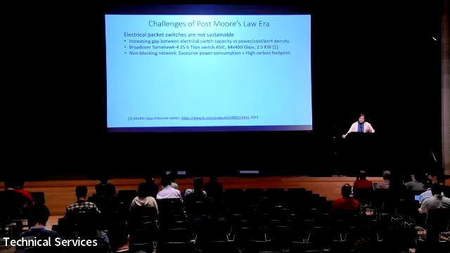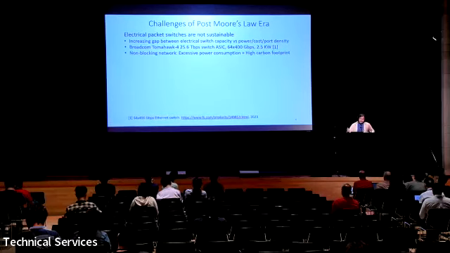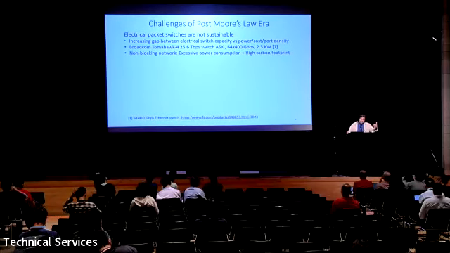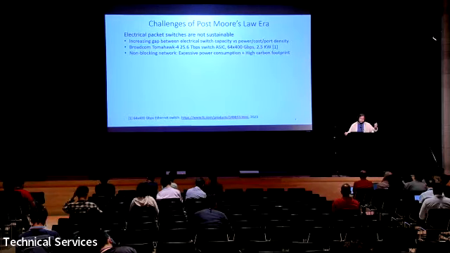So you can think that if you need to make a non-blocking network at big scale with such switches, the power consumption of the cloud will be really high, and that can easily go beyond the energy budget of the industry. We have seen similar arguments in a lot of industry papers from Google and Microsoft. And secondly, they would have a really high carbon footprint, which is really bad for the environment.